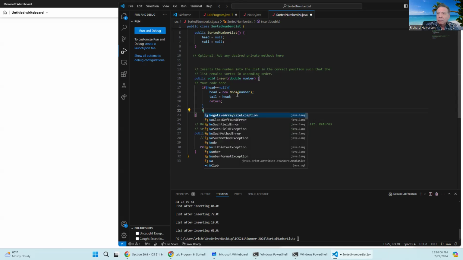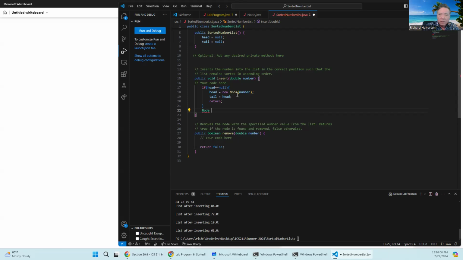So I'm gonna create a new instance of a node. I'm gonna create a new node, and this is gonna store the data. But no, this is a pointer to a node. This is not creating a new node. This is just addressing a node. I don't have a new there. I have a new here that actually creates a new node. This is just a variable that addresses a node, and I'm going to call it insert before. That's going to be the variable,